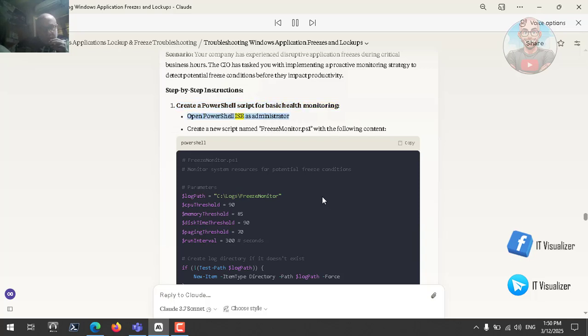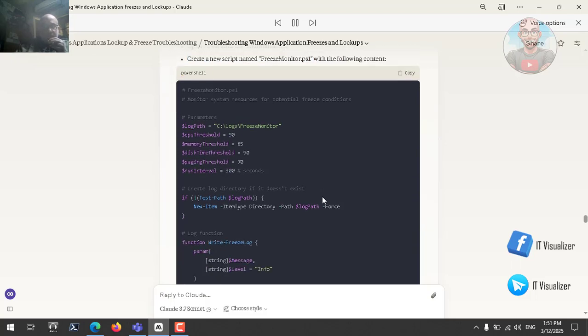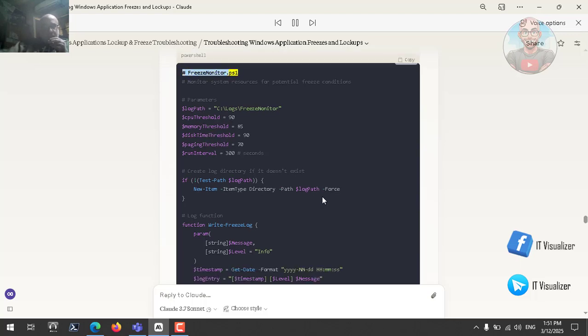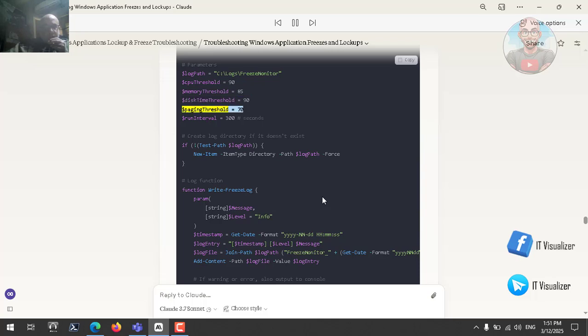Open PowerShell ISE as administrator. Create a new script named FreezeMonitor.ps1 with the following content. PowerShell. Copy. # FreezeMonitor.ps1 # Monitor system resources for potential freeze conditions # Parameters $logPath = "C:\Logs\FreezeMonitor" $cpuThreshold = 90 $memoryThreshold = 85 $diskTimeThreshold = 90 $pagingThreshold = 70